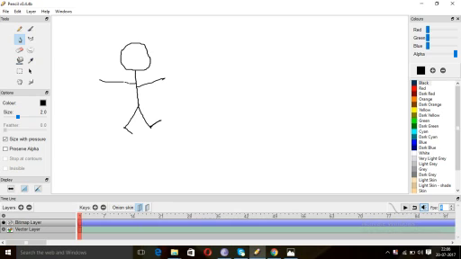Let's draw a figure of a boy. So we have drawn a figure of the boy. Okay, now the main thing you have to do is make frequent frames. You can find it in the keys button, which is there in the downward portion. We have to add a key there so that you can make the next frame.